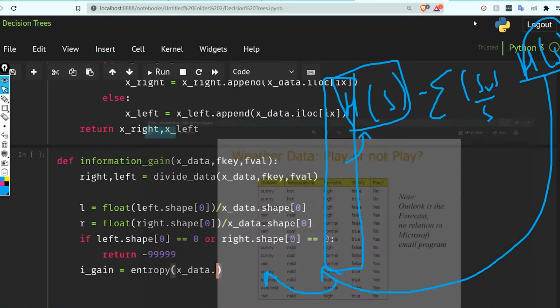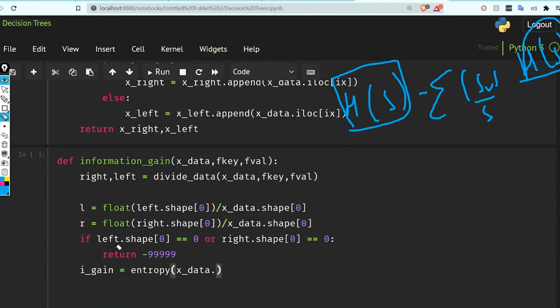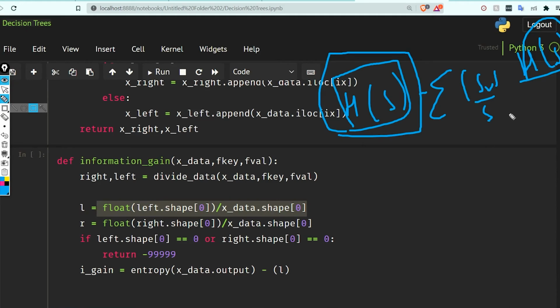Let's suppose our x_data has our output values also, so that is going to be output. So we are finding the entropy of the output. This is the original entropy. And then we are going to do minus l, where l is this part, as I said earlier, which represents this.